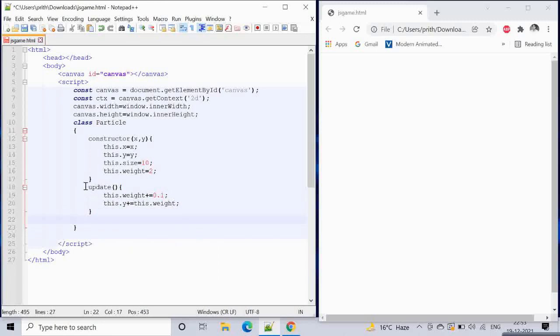So this will update the y position. The weight means nothing but the ball will be moving downward.